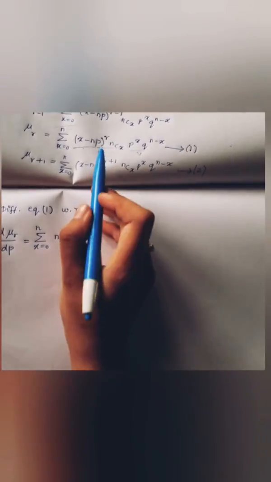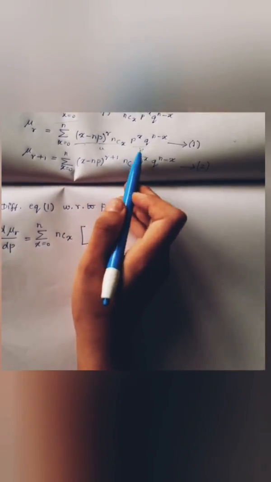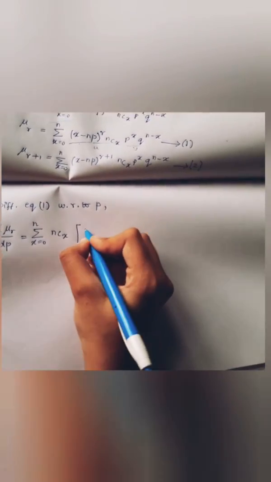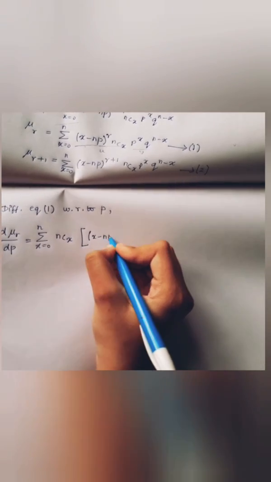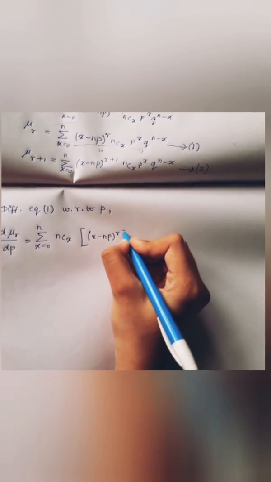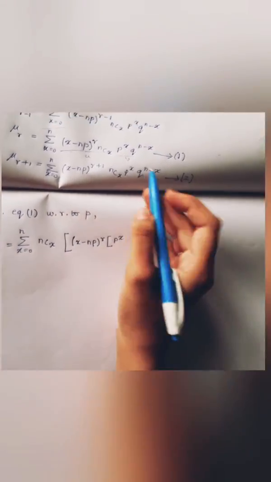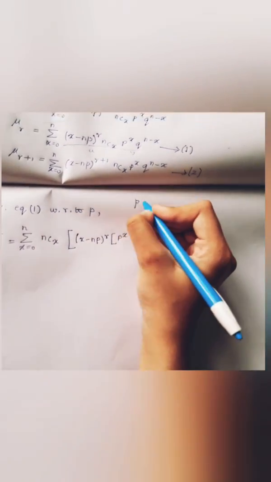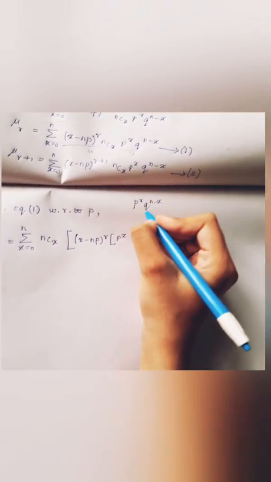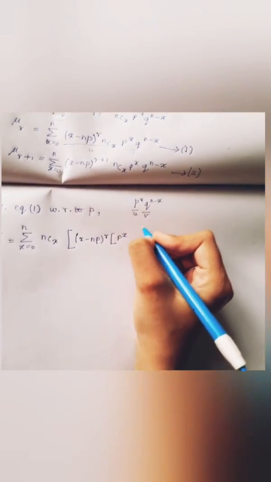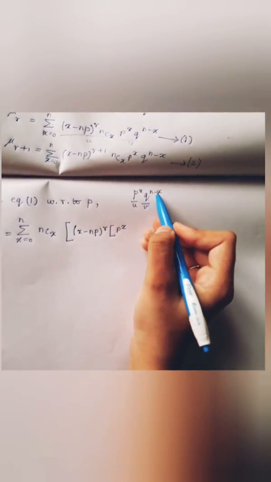Now x minus np the whole power r is u. For p power x q power n minus x, we are applying the uv method, so that u is there. For v,